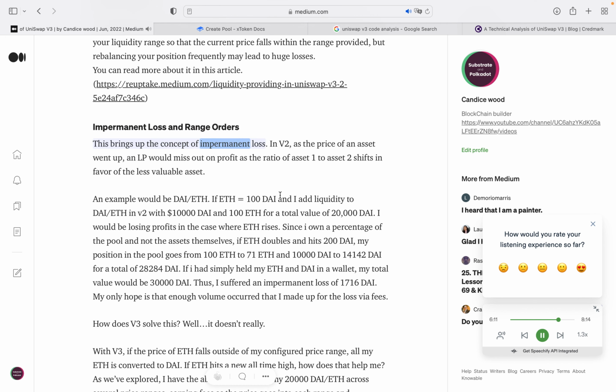This brings up the concept of impermanent loss. In V2, as the price